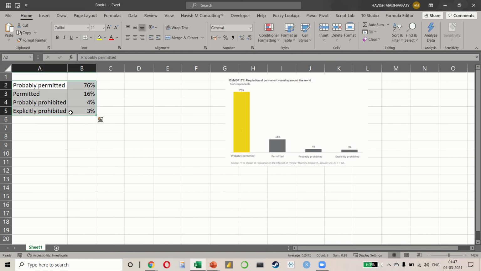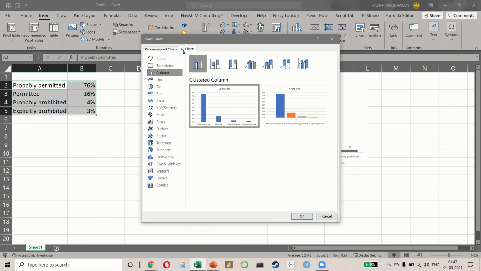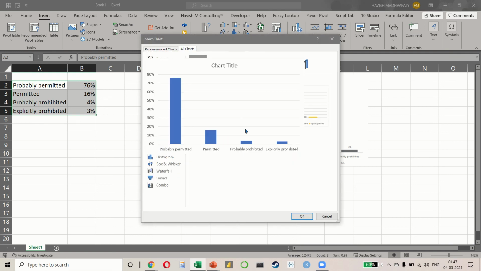Let's select insert and select our column chart, the very first one.